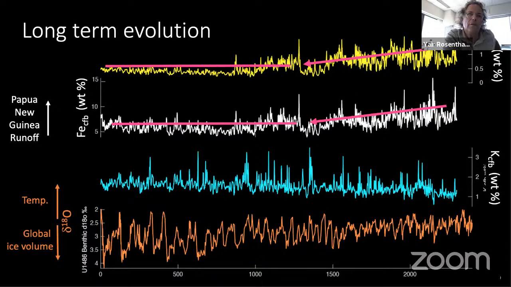I have a question for Tara. Could that be related to grain size changes? That's your expertise. One of them,